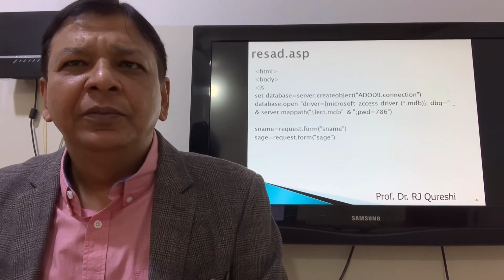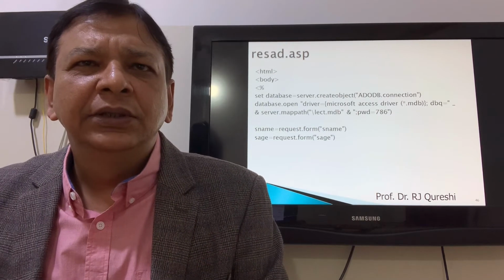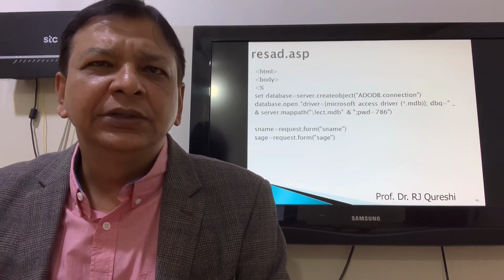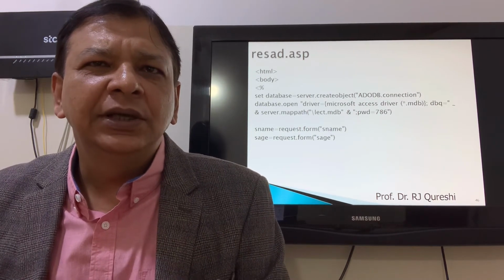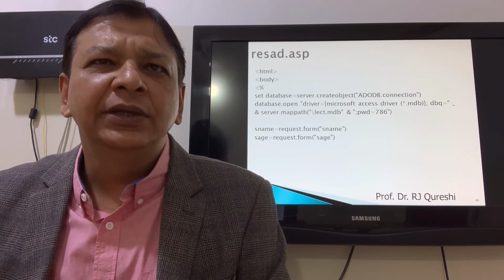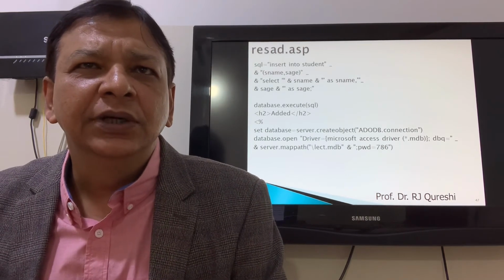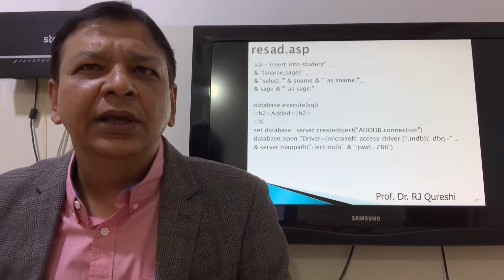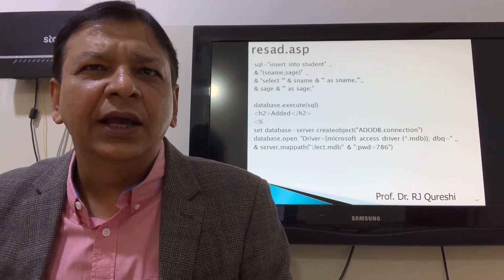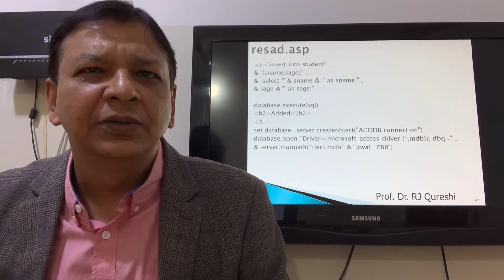res.add.asp: open script, set database equal to server.CreateObject ADODB.Connection, database.open, this is the connection string, s name equal to request.form s name, s age equal to request.form s age, SQL insert into student, s name, s age, select s name as s name, s age as s age, database.execute SQL,